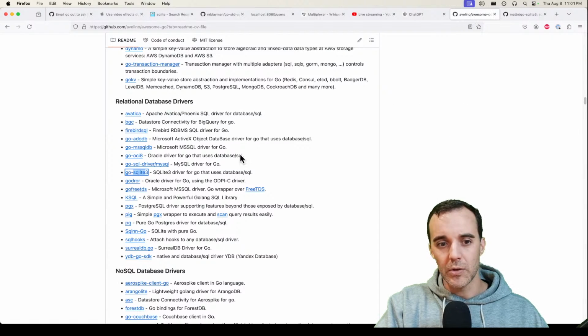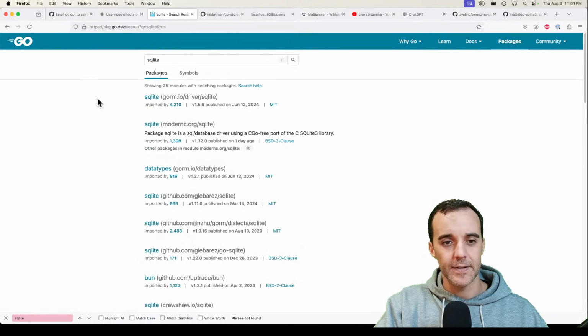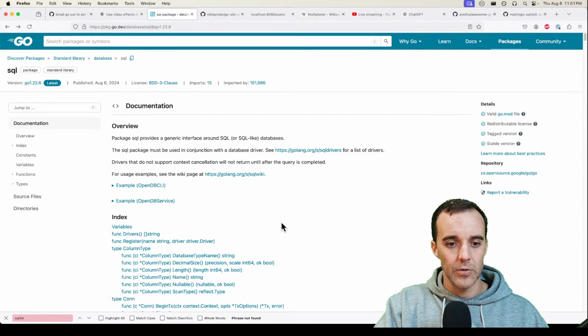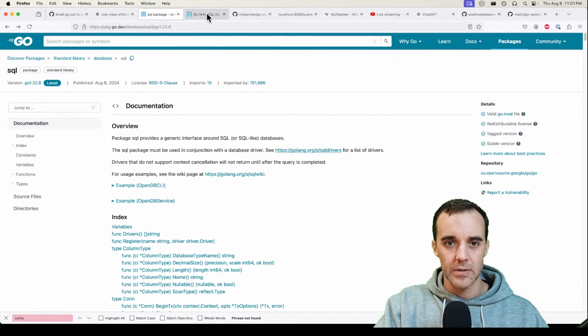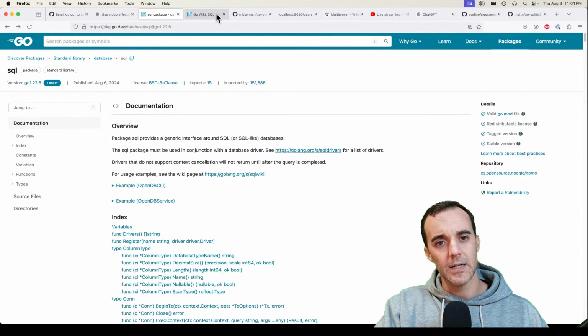There seems to be no SQLite stuff built in to Go, which is sad. And which I think means that there's actually no direct database access stuff. Even though there's a database package, it's a generic interface. And we can see here where there's a list of drivers. Well, I feel like every time I click one of these things now, it's going to risk taking down the stream, which sucks.